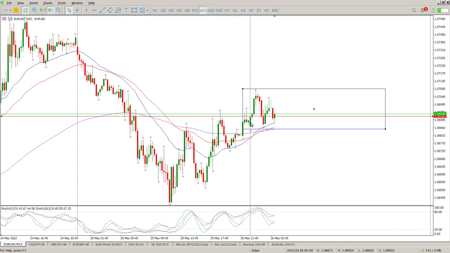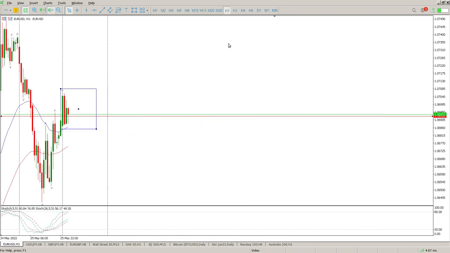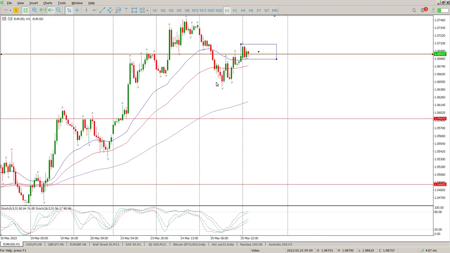You can see if I come down to 50-minute, you'll see a bit clearer. So this is the area we're paying attention to here. So 106851. If that breaks, then this little flag from yesterday is validated. So you can see there's a little flag. That breaks, then you're looking for a move to the downside. And that move is pretty much to come and test